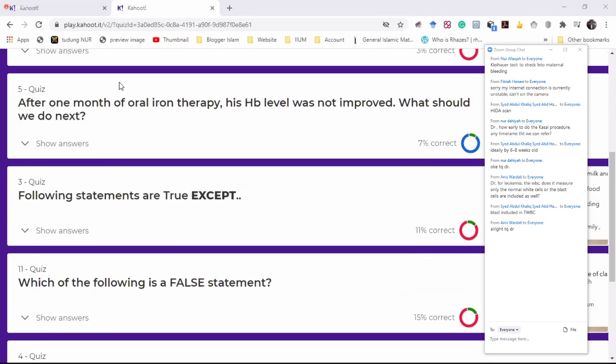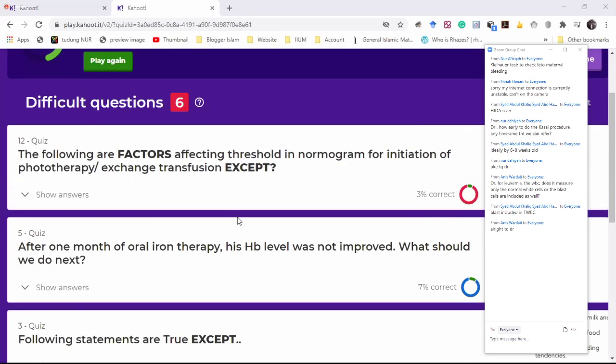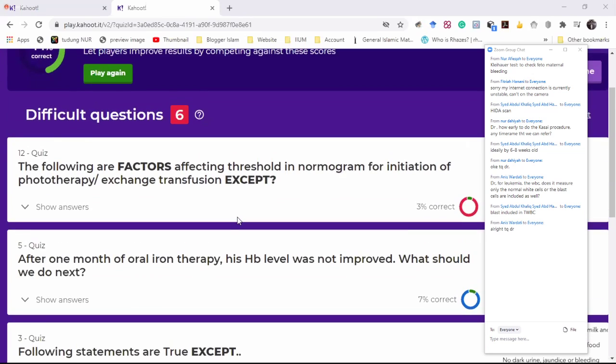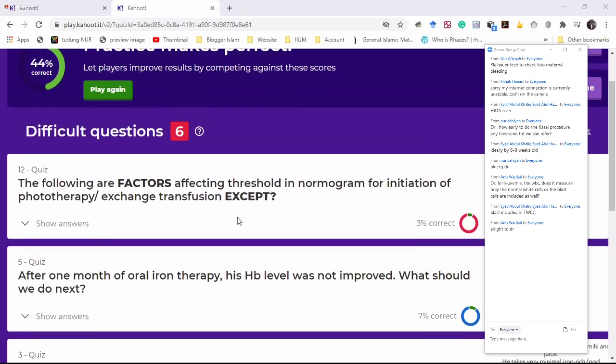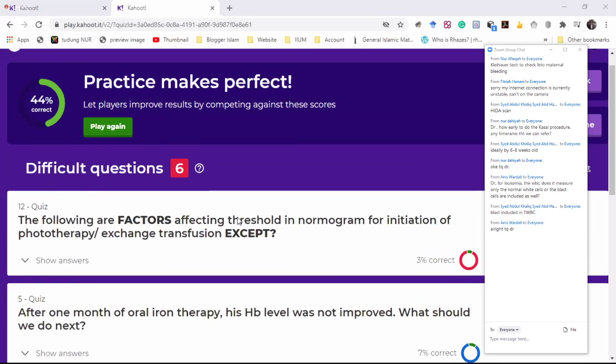As I mentioned before, asthma you need to know in great detail, dengue you need to know in great detail, and thalassemia as well you need to know in great detail. So thalassemia is a disease that you need to know in great detail. Thalassemia affects so many other systems as well. So you need to know about thalassemia.